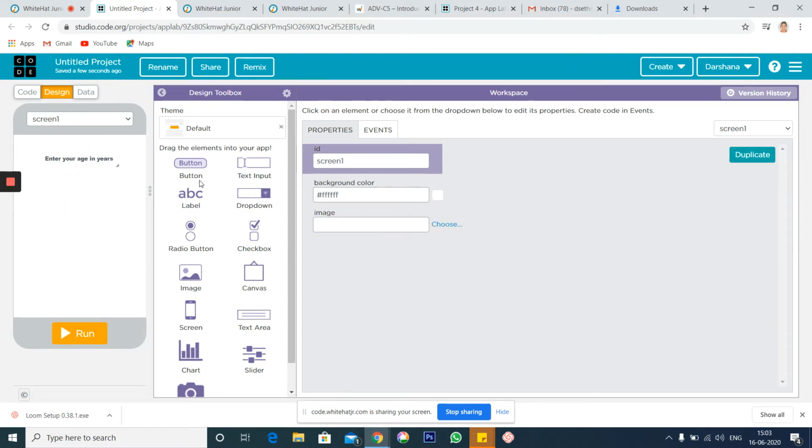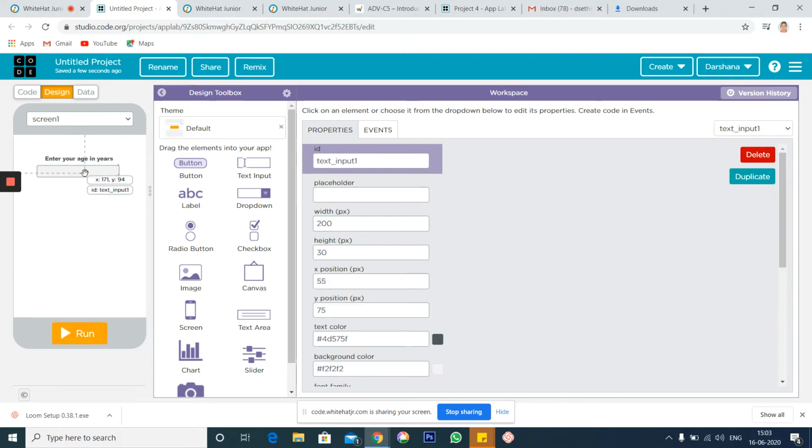Now next I will add a text input. First we did the label, but now we have to get the number, right? So I add a text input box so that you can enter the number here. Then I will put a button, and I will say calculate